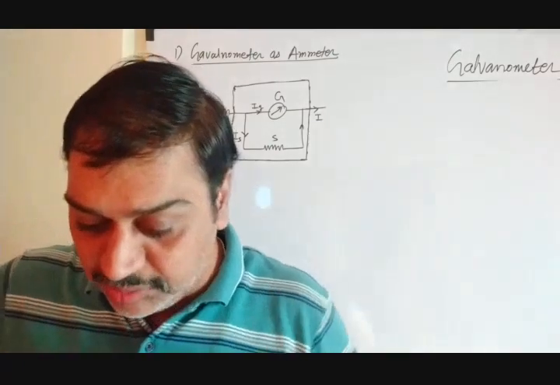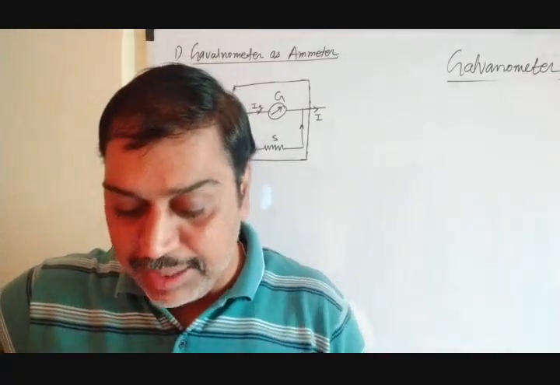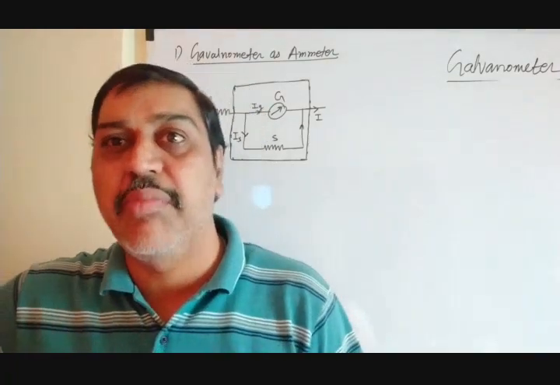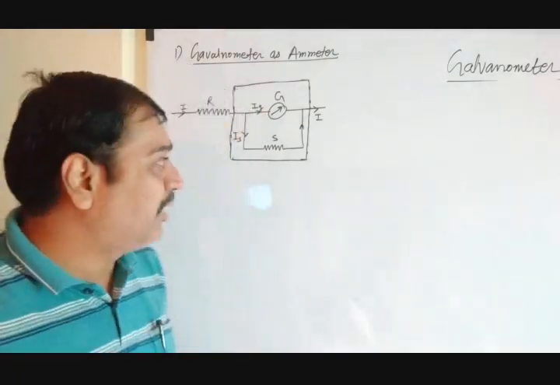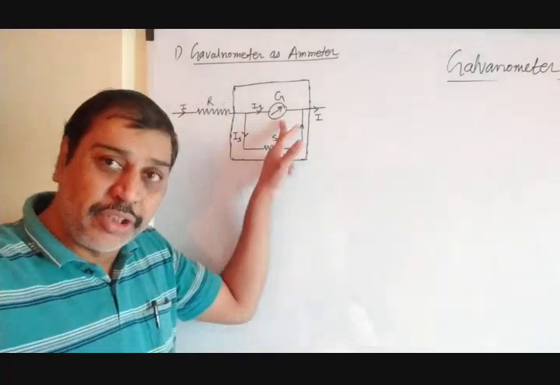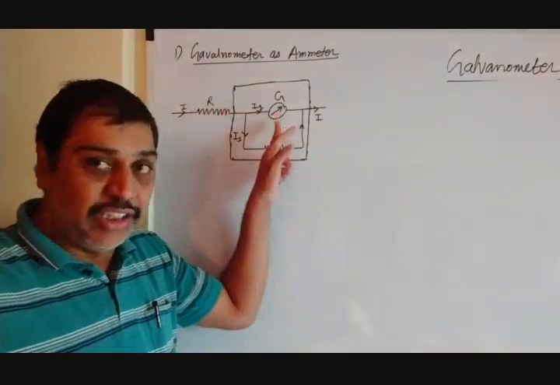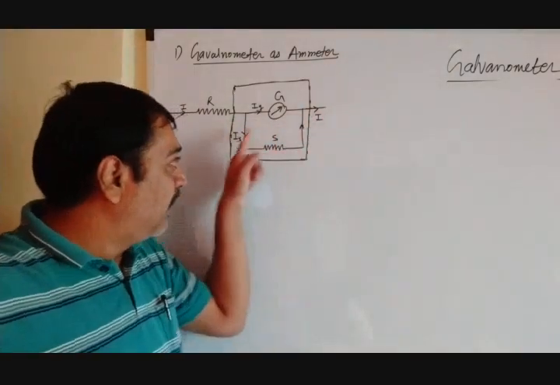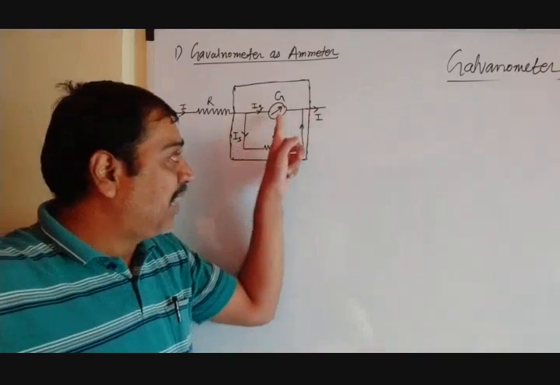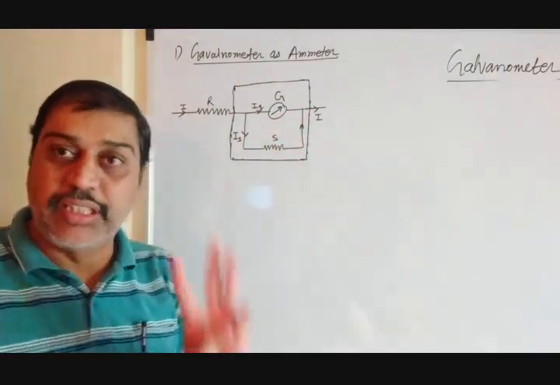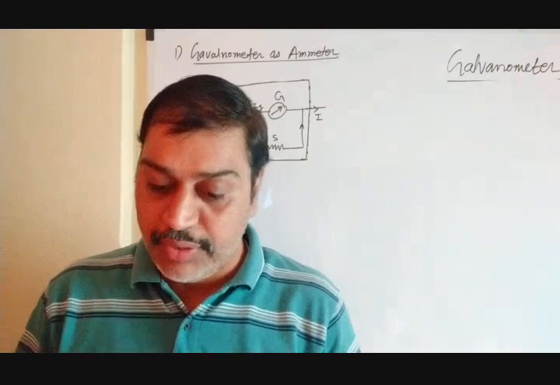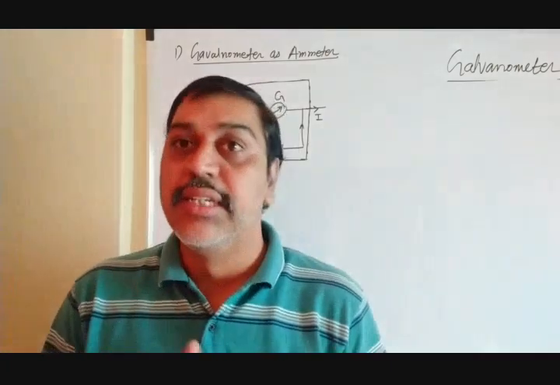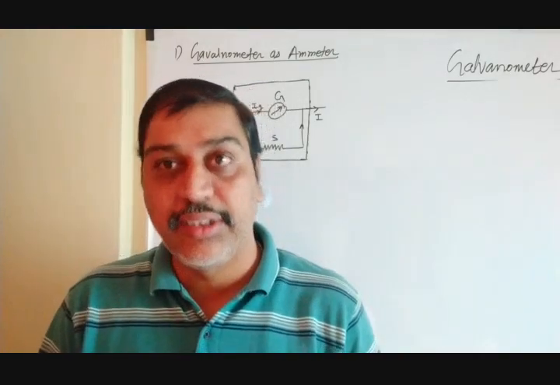Third one, it must be protected from possible damage likely due to the passage of excess electric current. Suppose a very large amount of electric current passes, then there is a probability that this galvanometer may get damaged if the current passing is very large. So if the current is large, it should pass by this route and go away. That's why the galvanometer gets protected. So there are 3 things we have to achieve. The first, we have to increase the current carrying capacity, the current measuring capacity of the galvanometer. Second, for that we have to decrease the resistance of the galvanometer.